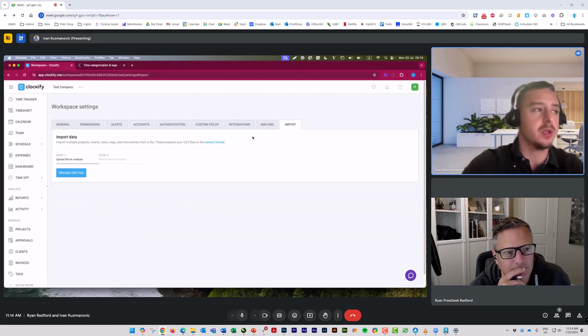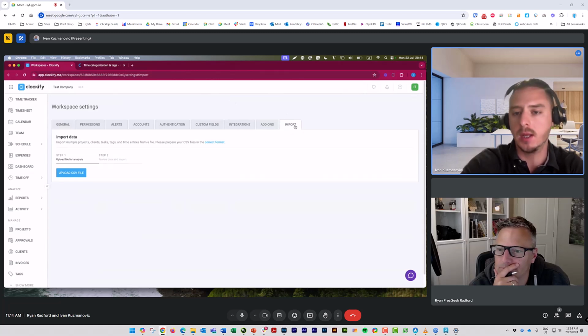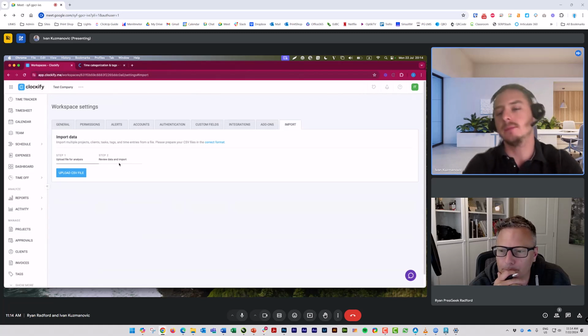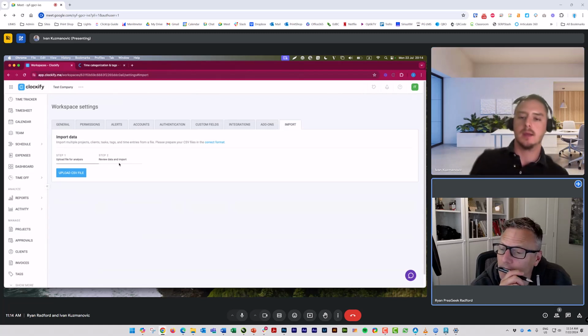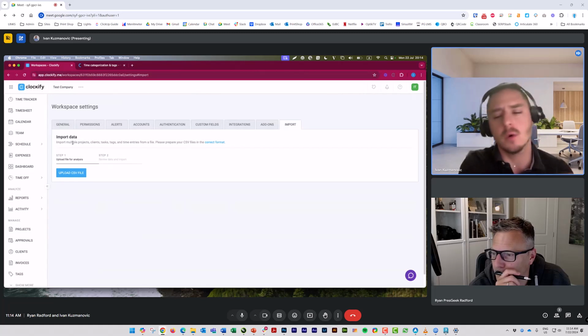system, you can always do it from here. So you can always go to your workspace settings, and we have this import option. So you can import a CSV file with all those details, so you don't have to manually add everything. Yeah, it just needs to be in the specific format, but